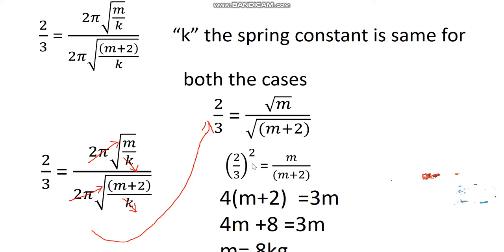If you simplify with the mathematical calculations, here what you have done is squaring. On squaring we get this equation, and here the square root cancels leaving m, and here also the square root cancels leaving the same term m plus 2. With the cross multiplication, that is m plus 2 into 4 is equal to 3m, and the next step, 4m plus 8 is equal to 3m. If you transfer this 3m towards the LHS